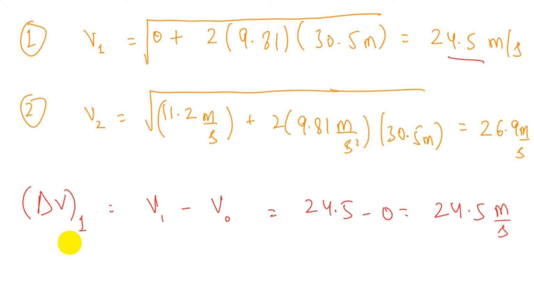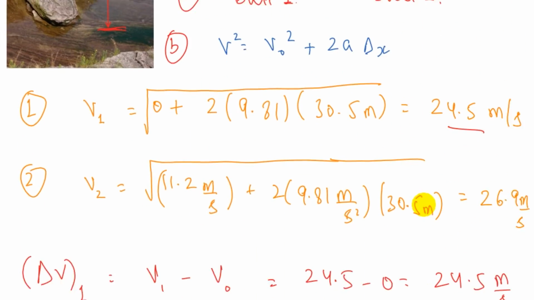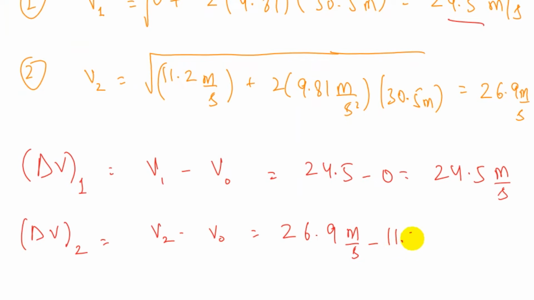Now the change in speed for ball 2, this would be v2 minus v0. v2 we have calculated to be 26.9 meter per second minus, now v0 for ball 2 is 11.2 meter per second, so this would be equals to